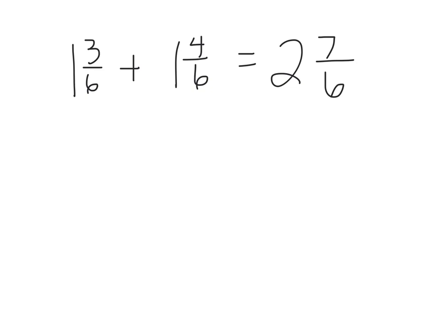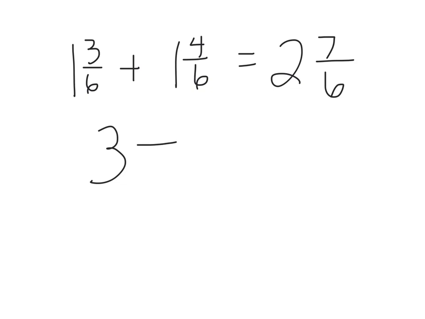Now I have to simplify. You'll notice that my top number is bigger than my bottom number. So I already have 2 whole things. Well, to get another whole, I need 6 items, and I have 7. So I'm going to say, okay, if I take 6 of those items out of 7 and add it to my whole here, I will have one more whole